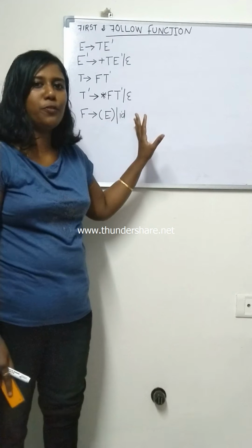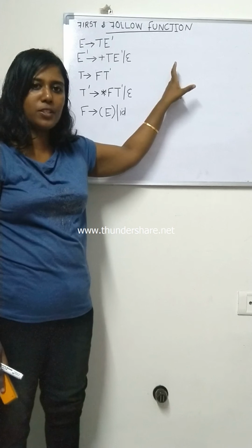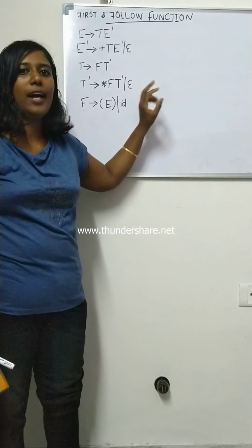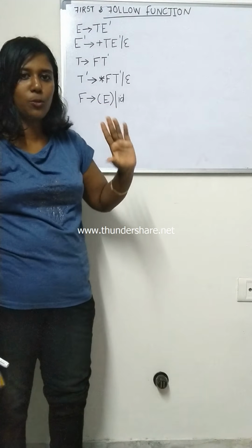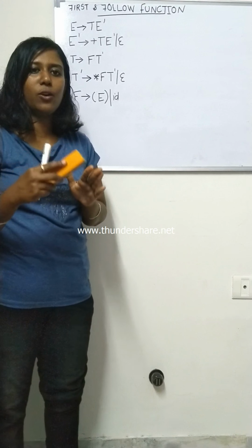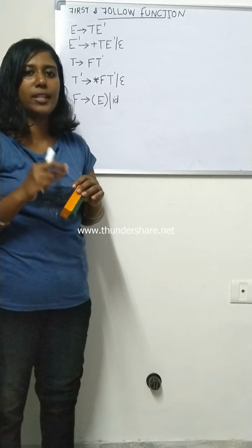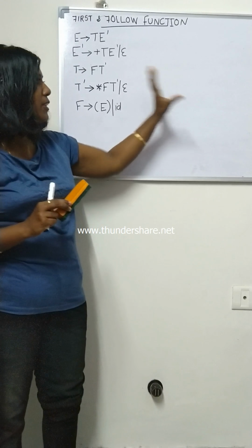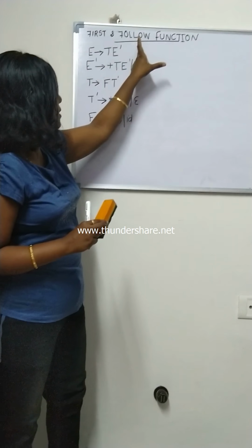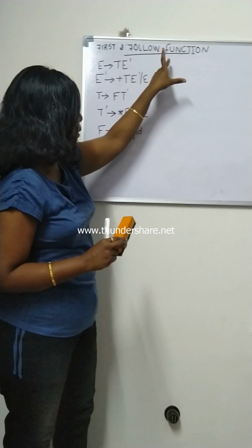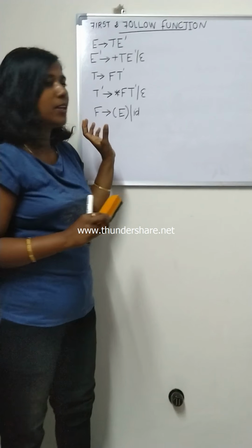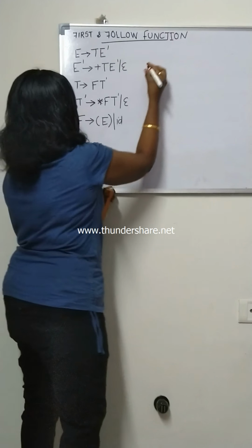Now I am going to find the first and follow functions for this example, and then I am going to find the predictive parsing table, and then we are going to check with an example. So let's start with the first and follow functions of this example. First function,